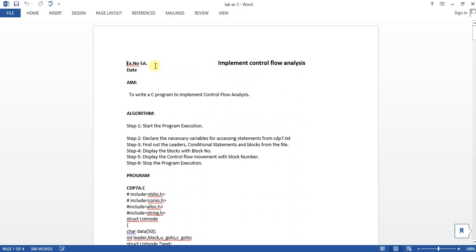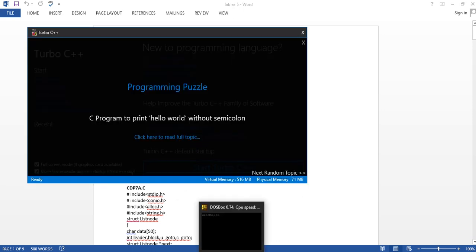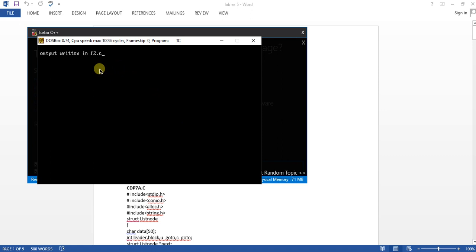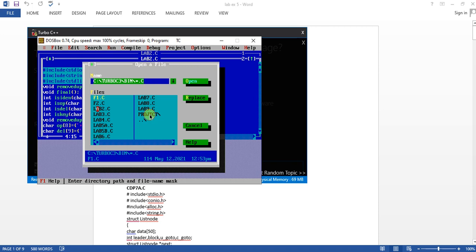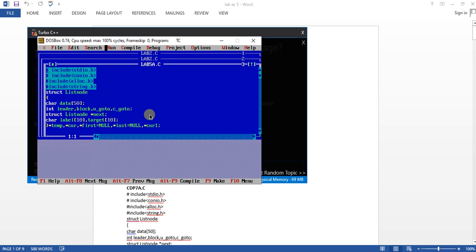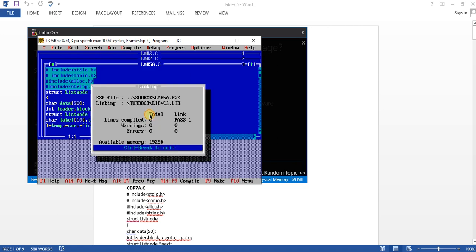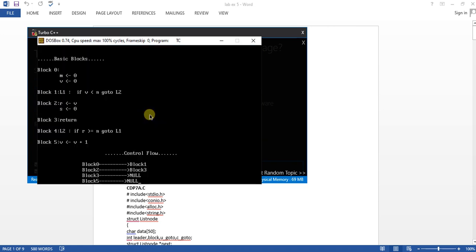Okay, fifth program, first one, implement control flow analysis. Let's try this. File, open, lab 5a, open, run. Here you can see this is the output, some basic blocks are given. Then for control flow, first it goes to block 0, then block 1, then block 2, then block 3.